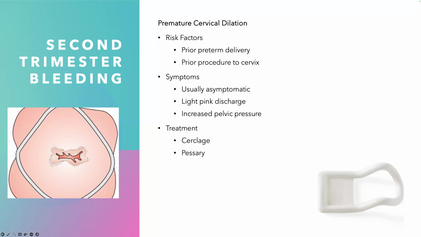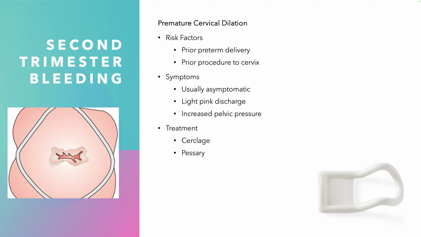If it's caught early, potentially they can put in a cerclage, which is what you see here. A cerclage is a stitch in the cervix that they then pull and knot in place. Think of it like a drawstring bag, it pulls that cervix closed to help prevent the cervix from dilating. The other thing that they can use is a pessary, which you can see here. I like to think of it as a little lounge chair for the uterus. What it does is it holds the uterus up so that the pressure is not on the cervix